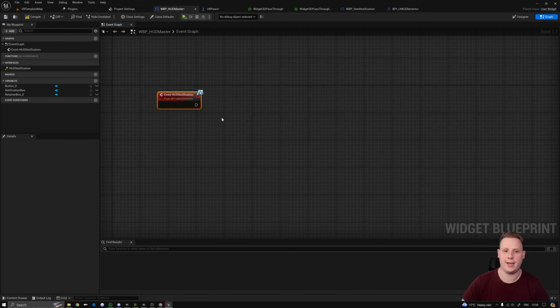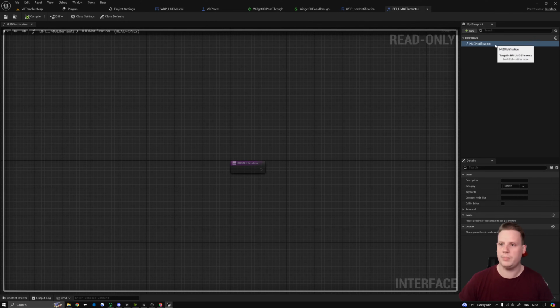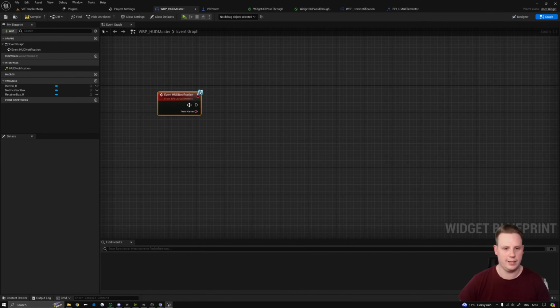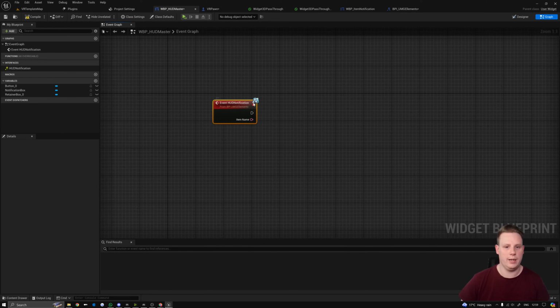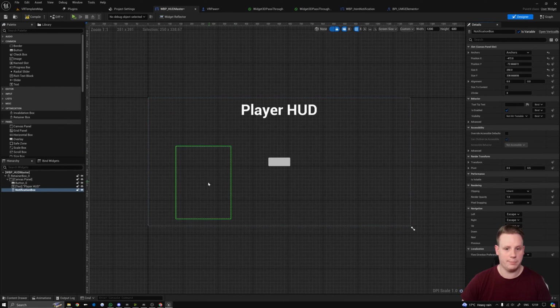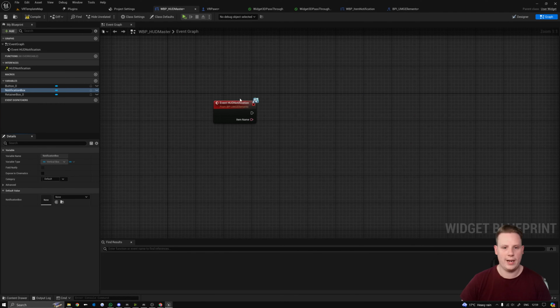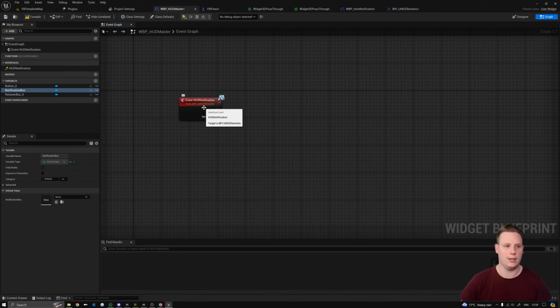And what we need is text. The actors or the player that's sending information to the HUD master is going to require text, and we can go through that. So inside of BPI UMG elements, we're going to update our function to have an input of text, and this is going to be item name, and we're just going to hit compile. Once we compile this, we'll see that it actually updates inside of our HUD master, so we get item name. Now what we can do is use this to create our UMG inside of this player HUD box. So when our event fires, we're not firing it just yet, we haven't set up that logic, we'll come back to that, but we get our notification box,